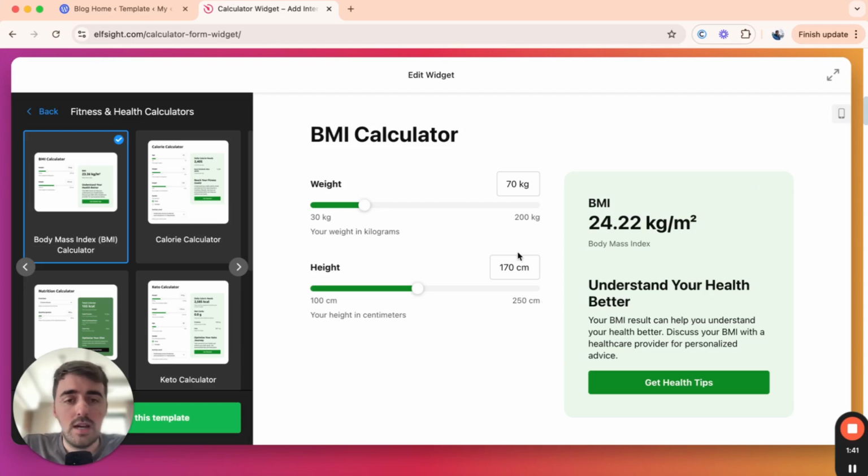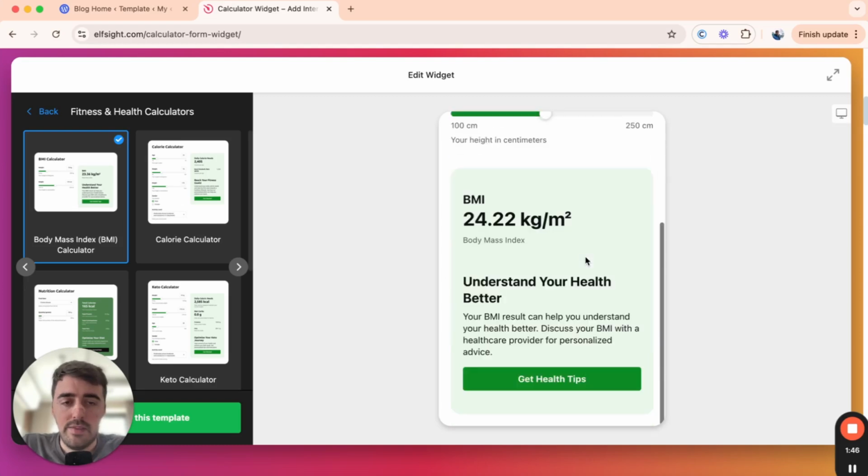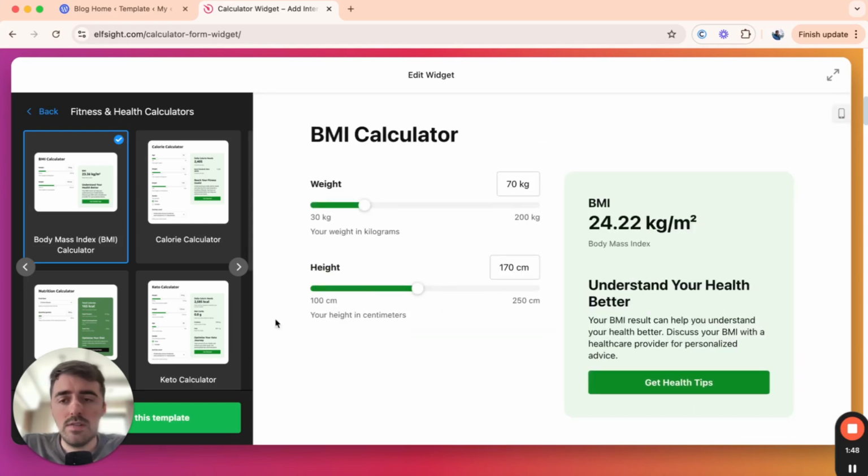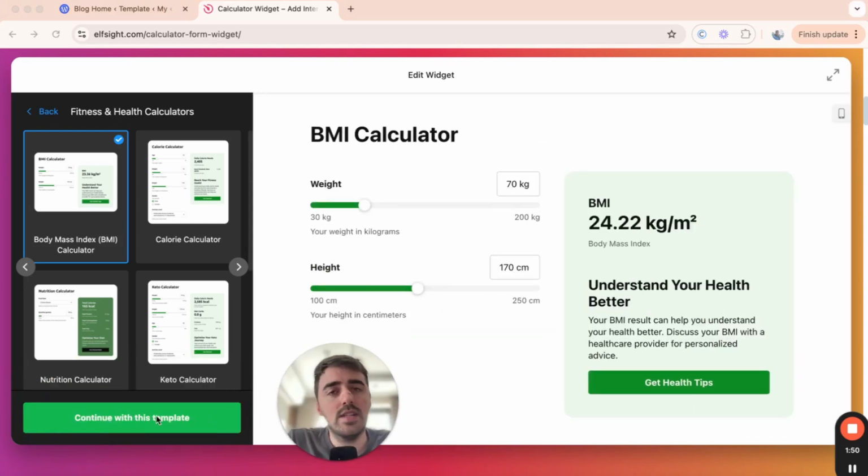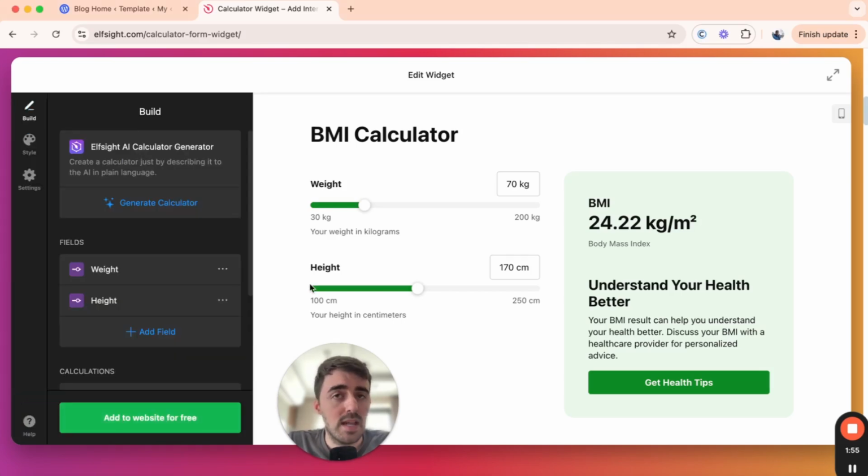Now if you want to check this calculator and what it's going to look like on a mobile device, you can also click on this little icon right here, and then this is what it's going to look like. But once you've selected the template here, go ahead and click on continue with this template in the bottom left corner of the screen right here, and then this is the place where we can start customizing the calculator